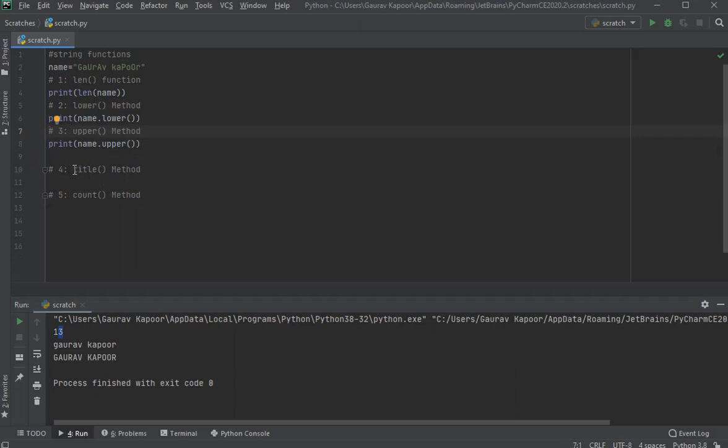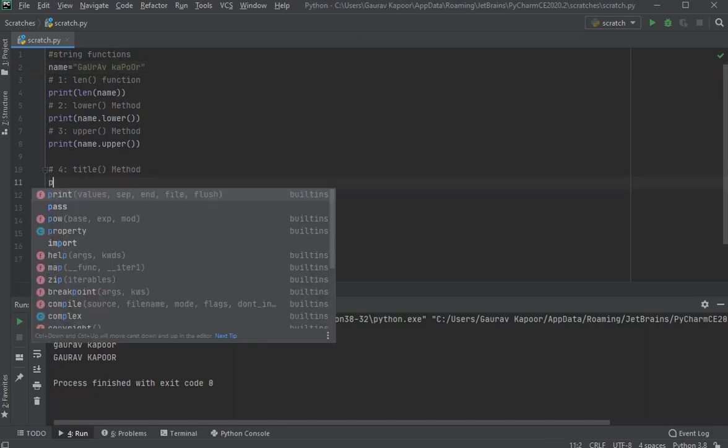Now let's go to the title. What will title do? As you can see over here, this string is divided in two parts. One is Gaurav, one is Kapoor, and a space is in between. What title will do is take the first character of both the parts and convert it into uppercase, and all the remaining characters will be converted into lowercase.